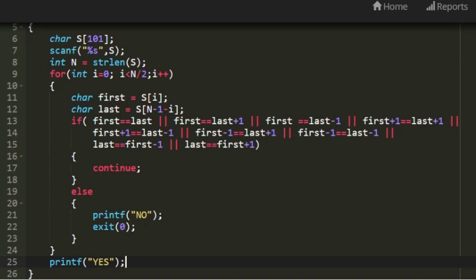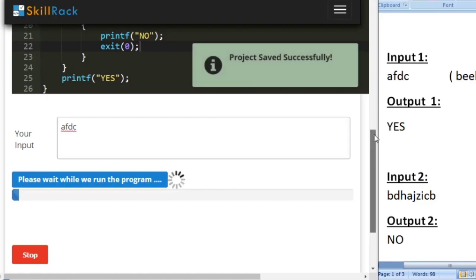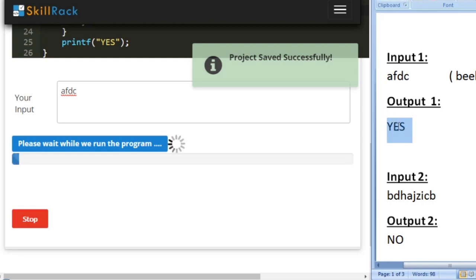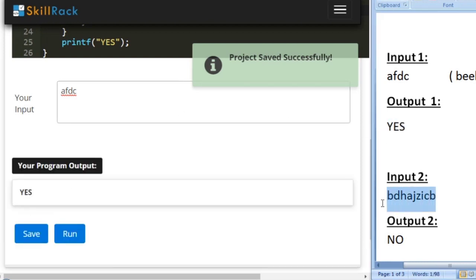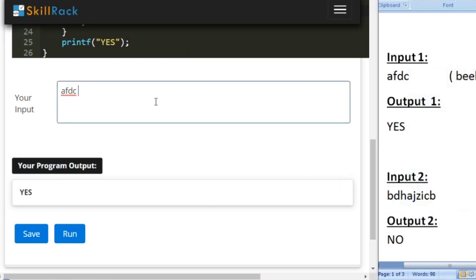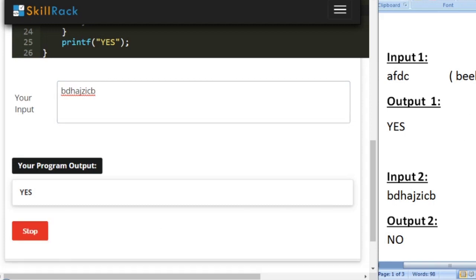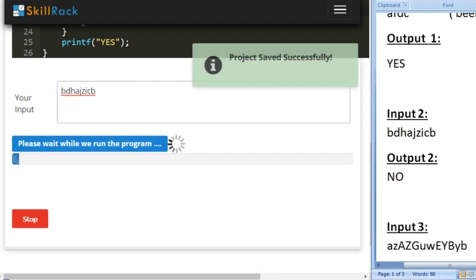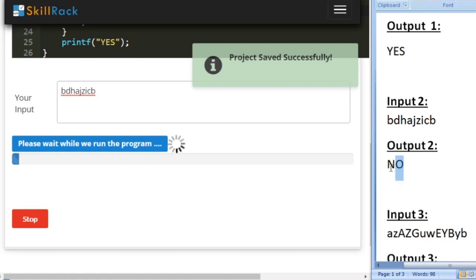So now let us check it with our sample input. I have given the sample input 1 and our expected output is yes. So we are also getting yes as our output. Now I am going to give our sample input 2, and for this particular input our expected output is no, because we weren't able to form a palindrome.